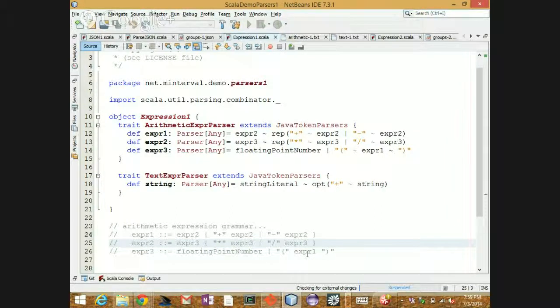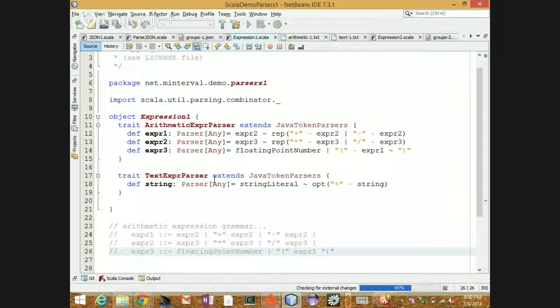Even the grammar is recursive in itself, but it's not fully recursive because there's a way out where you have a number. With the rules defined this way, multiply and divide will be grouped together before plus and minus, and parentheses will be done at the highest precedence as well.